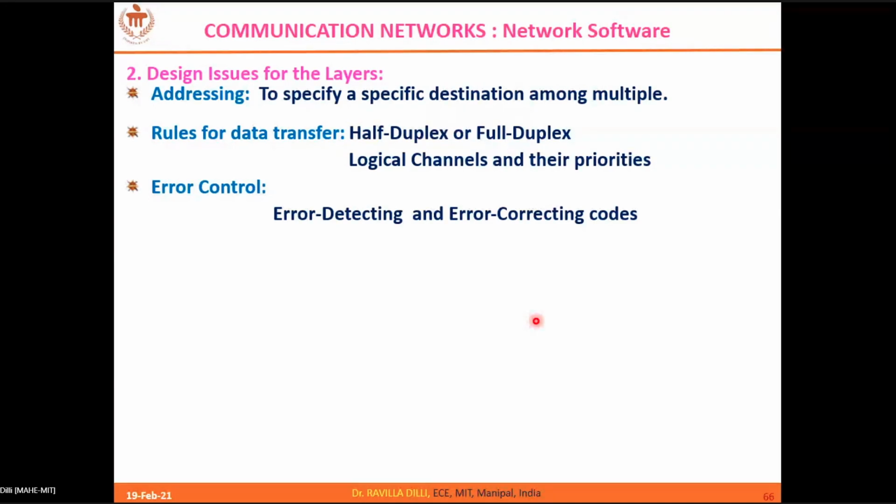Are you able to detect this kind of error? If so, are you able to correct them? The error control techniques talk about this: how you are going to handle errors at the receiver, whether you are able to detect and correct them, or to what extent you can do that. We'll discuss a few such techniques.